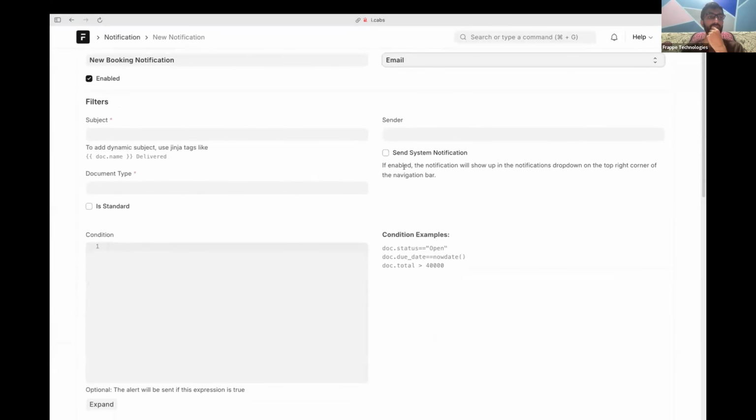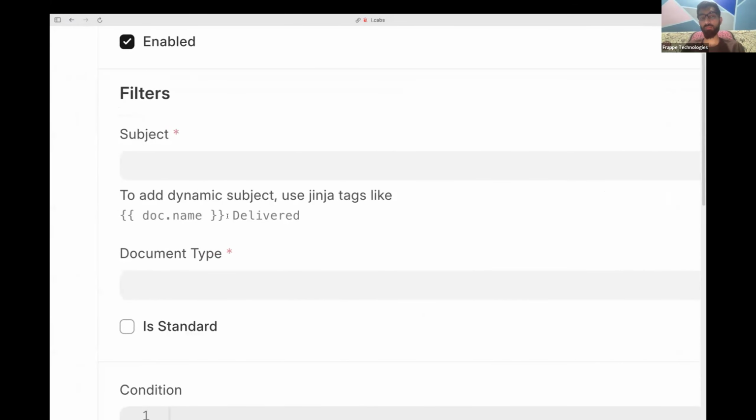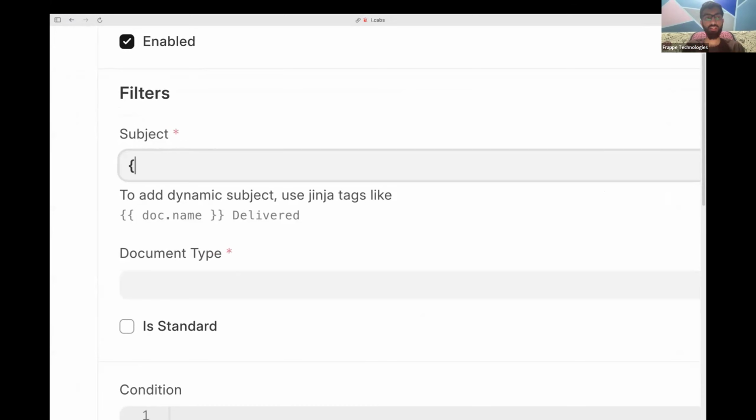We'll do email. And then you can give the subject of the email, even dynamic Jinja. That's why Nikhil said, right? Like he was showing you Jinja. Jinja is very much everywhere in Frappe. You will find wherever dynamic stuff is there, there is Jinja. So I will say,